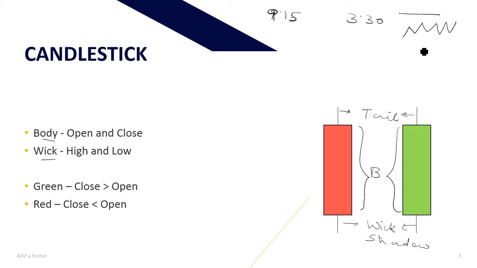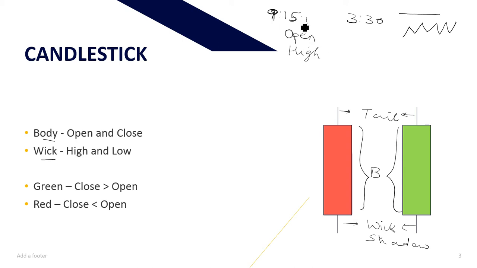So a candlestick gives us four important factors of a particular trading session. It gives us the open price. Open price means the price prevailing at 9:15 exact when the market opens. The first traded price is the open price. Then it gives us the high